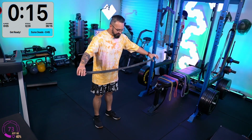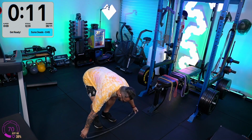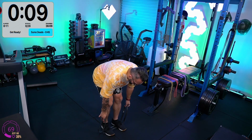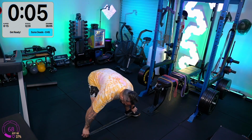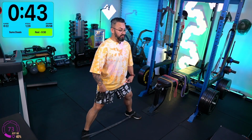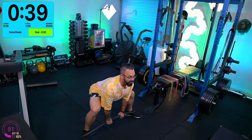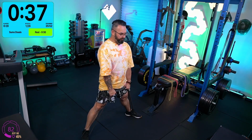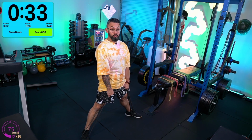So we're gonna kick this off with our sumo deadlifts. Remember how we start this one off? Lay the band on the floor. And then we're gonna stand on the band, inside the loop. We wanna hinge at the hips. We wanna push our knees out to the side, reach down for the band, grab the band, and we're not gonna let go now. So now we're gonna thrust our hips forward, keeping our chest and our shoulders upright,